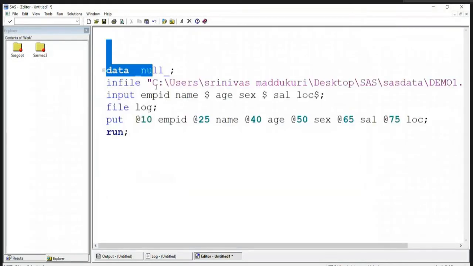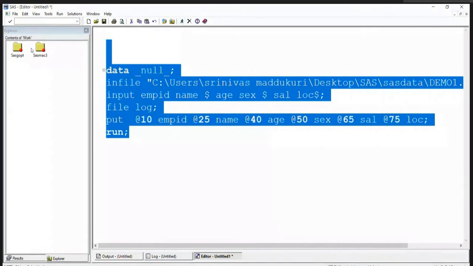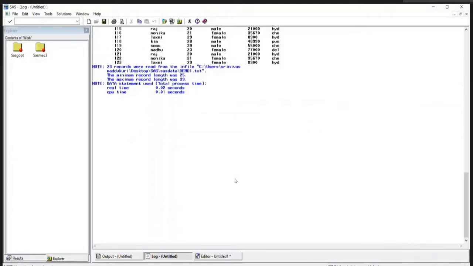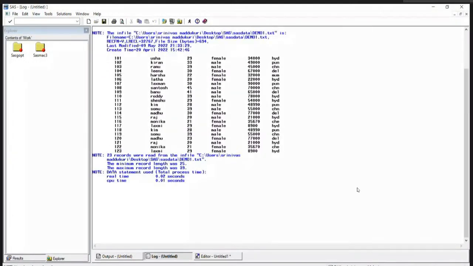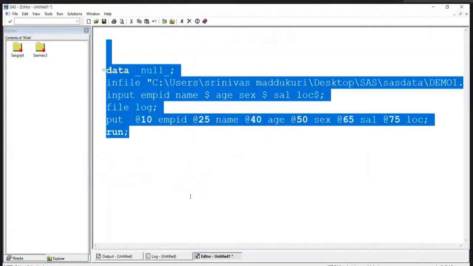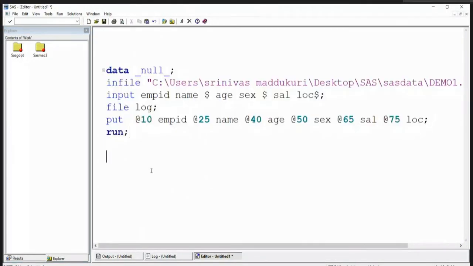Now I am executing this program. See, no data set gets created in the work library, but in the log window we can see all the 23 observations. I want to have the same thing. Understand this one? My purpose is getting served. Yes, I'm not getting the data set, and I'm happy. So if you do not want to create a data set, we use a concept called